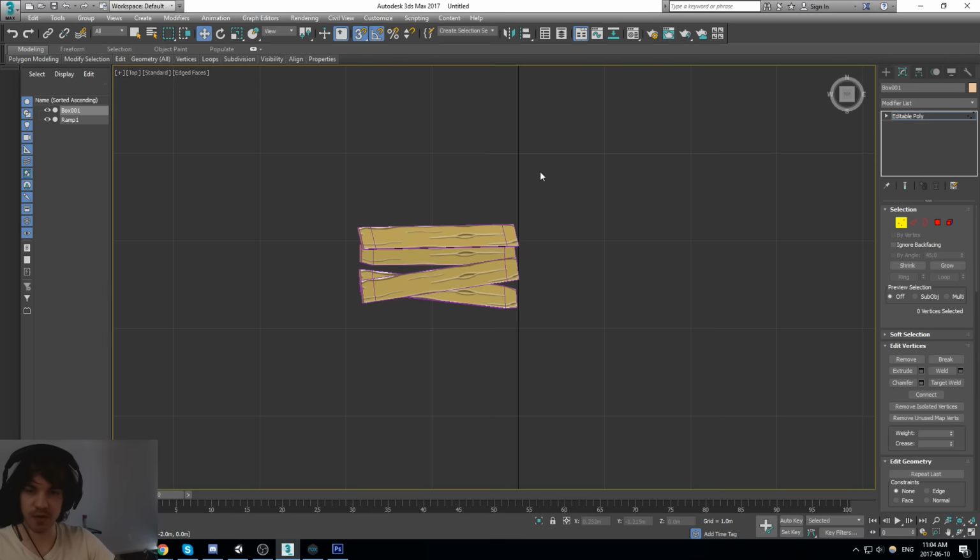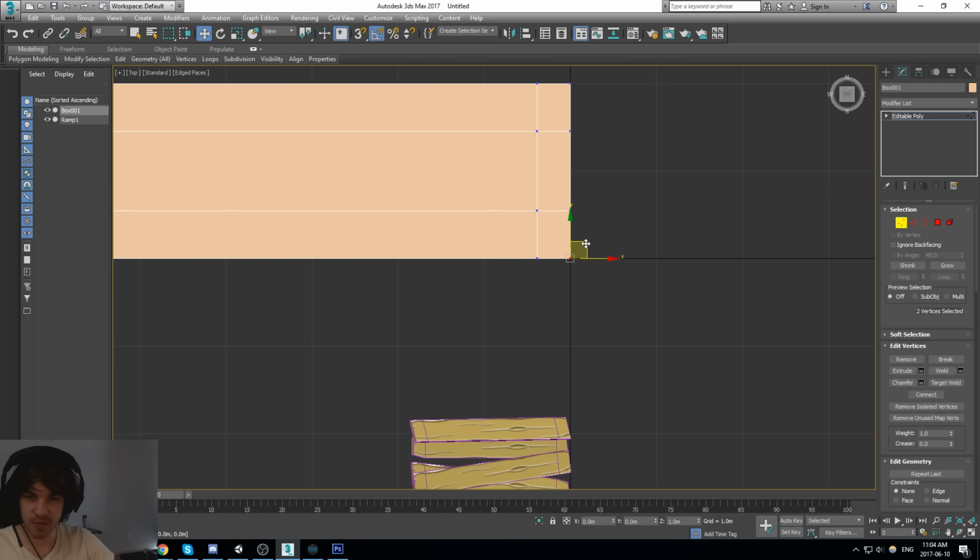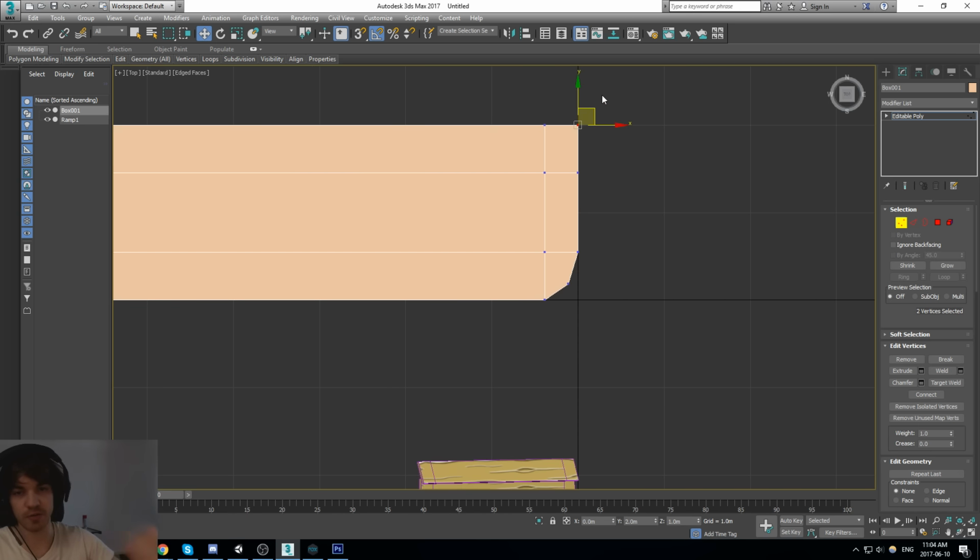Now let's just go in top view and move these manually like that. A little bit more rounded. I don't know if I wanted this to be perfectly mirrored up and down. Actually, I don't want this to be mirrored. I want this to be a little bit trash.